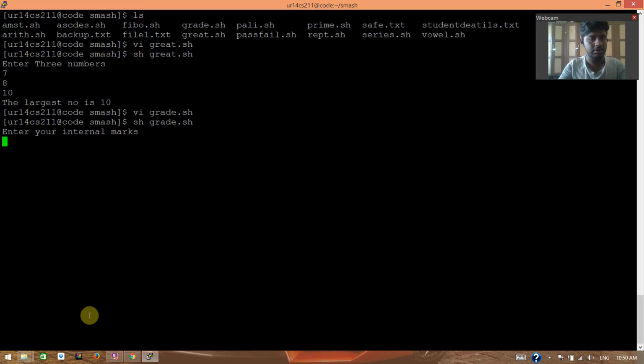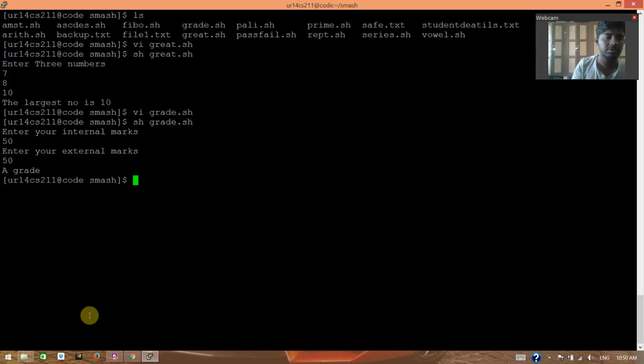Let's see what is happening. I'm giving the internal mark as 50, then external mark also as 50. It shows A grade, because it crossed the 100. If it is greater than 90, it shows A grade. Then